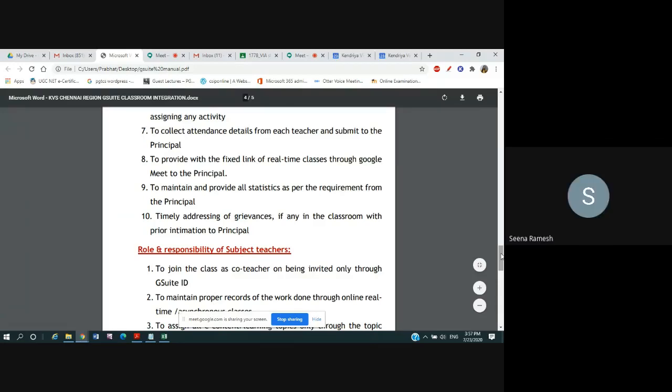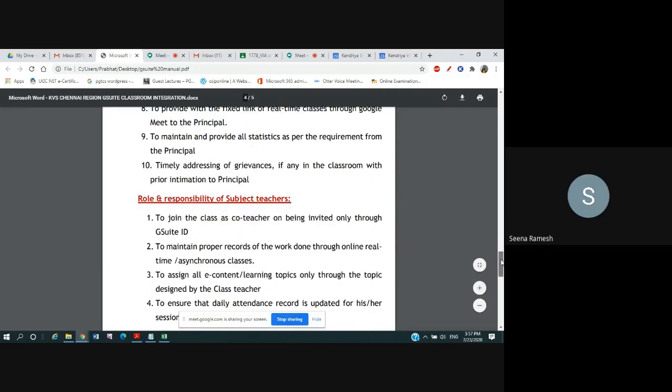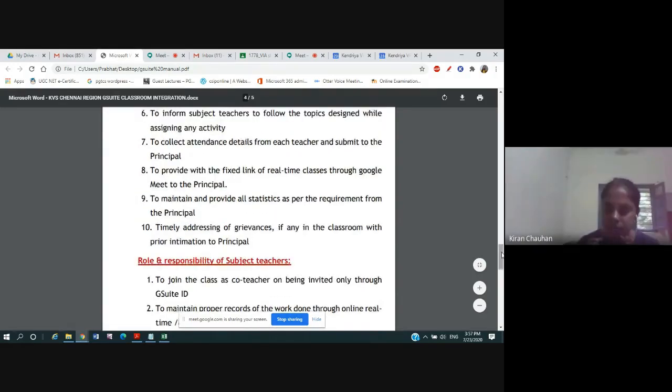So that we can see the directions. Yes, I have started recording, so we can see the directions and not miss out. I will give this recording also. I will send this PDF file also. I will send one more detailed PDF file which I have created for teachers who are not able to create a class.